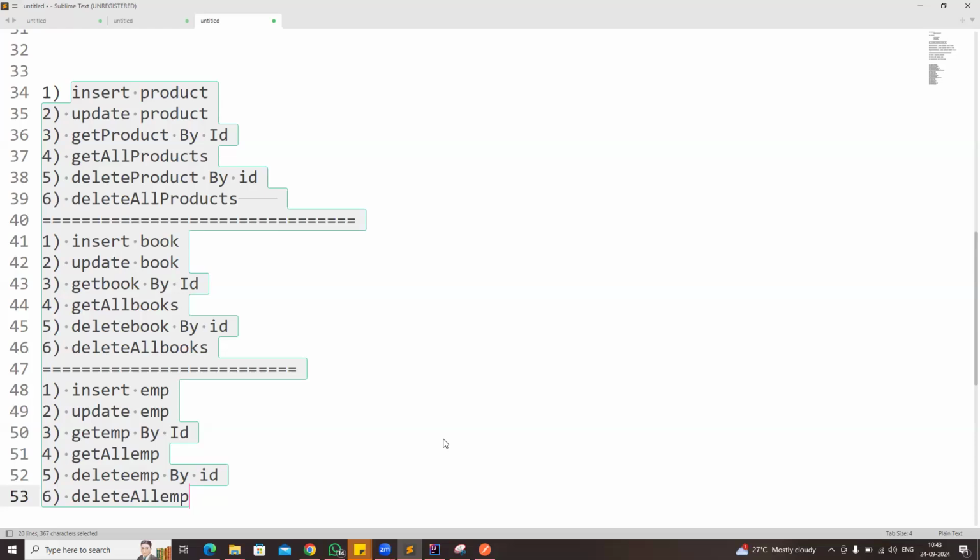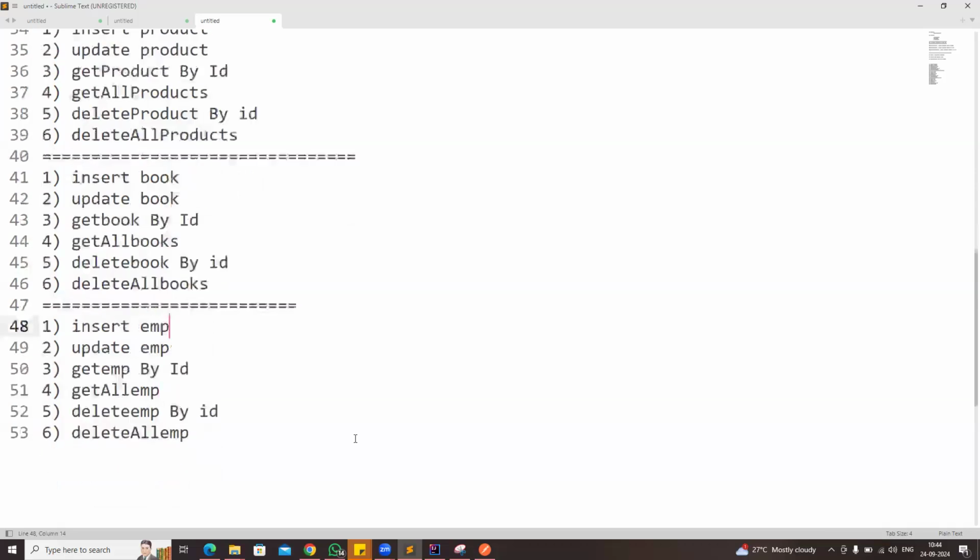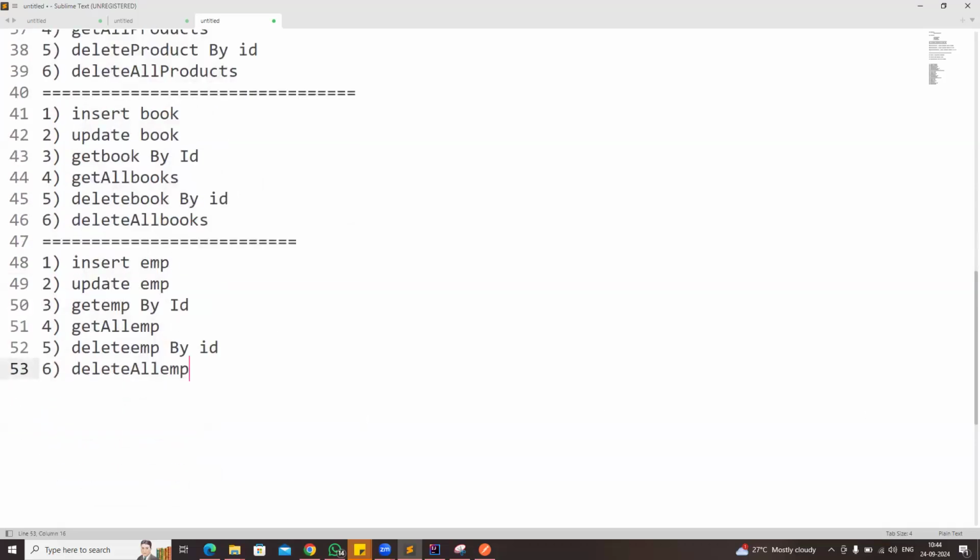Common code we are writing many times. Yes, same common code we are going to write many times in the REST API, which is not recommended. So to overcome this problem,